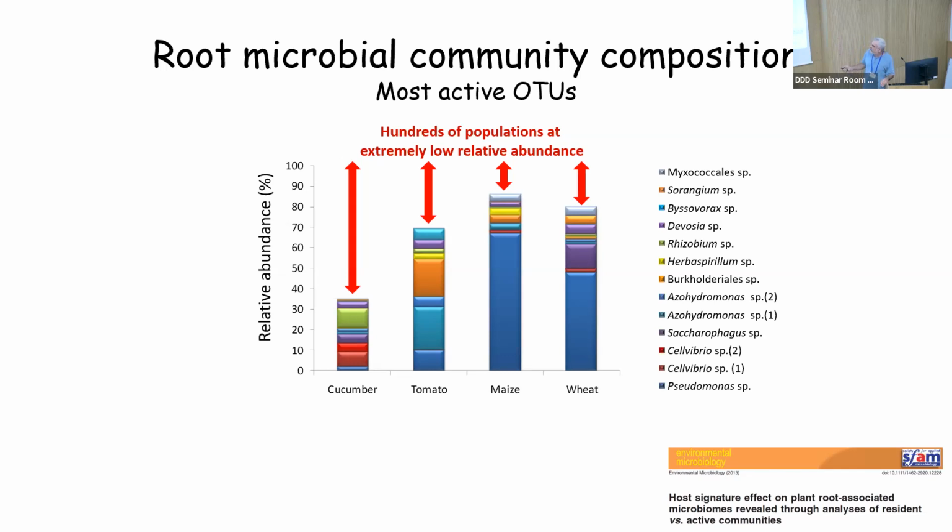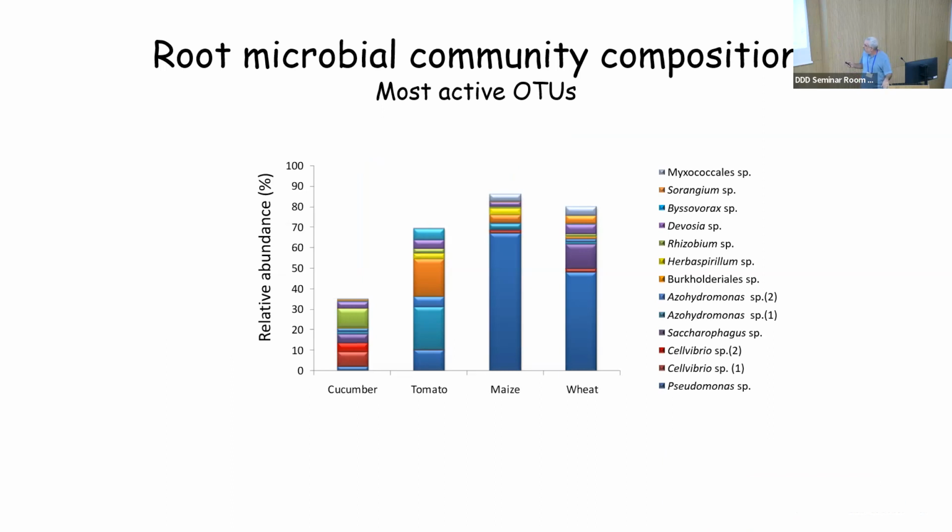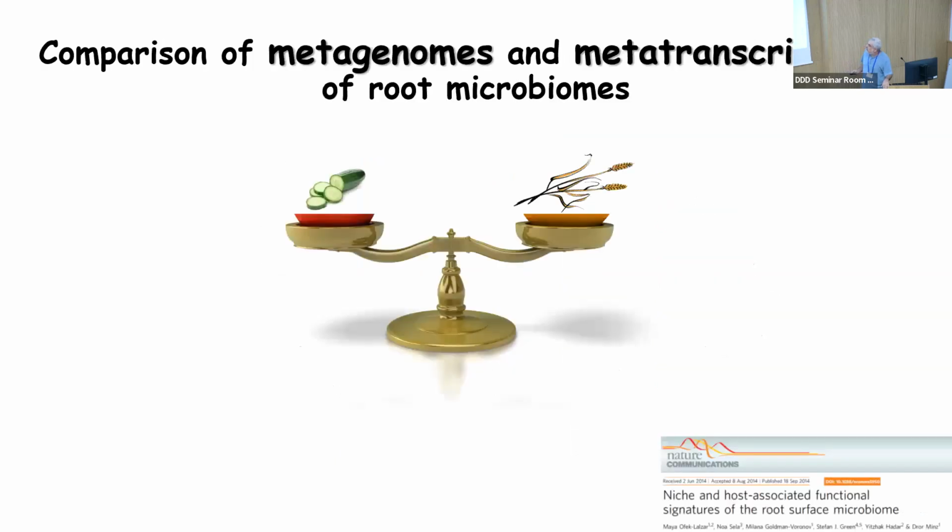and the other option would be high diversity. So high dominance and low diversity, versus high diversity in the cucumber, for example. Those arrows are filled with hundreds of different species that are below 3% relative abundance, so they don't deserve going into the figure. It really is an enormous diversity. So keep this figure in mind, and then we took the cucumber and the wheat